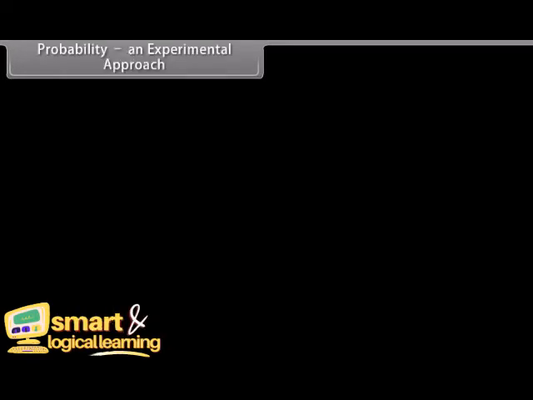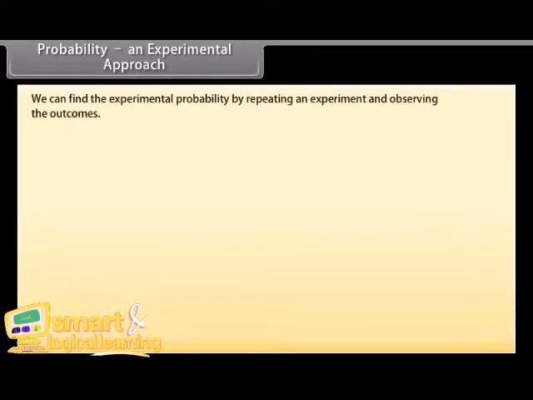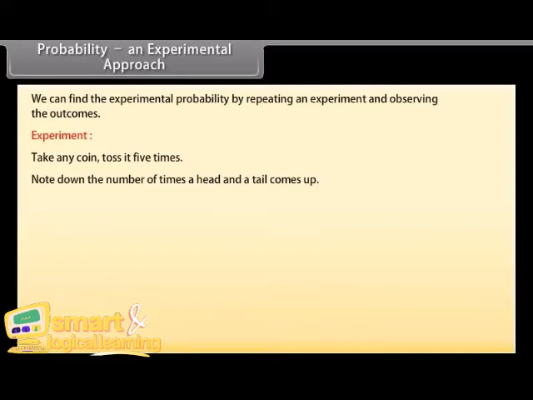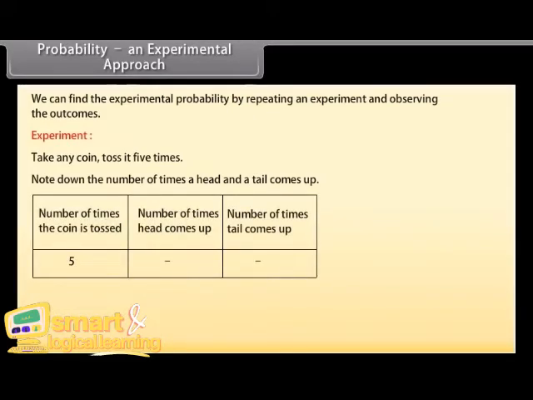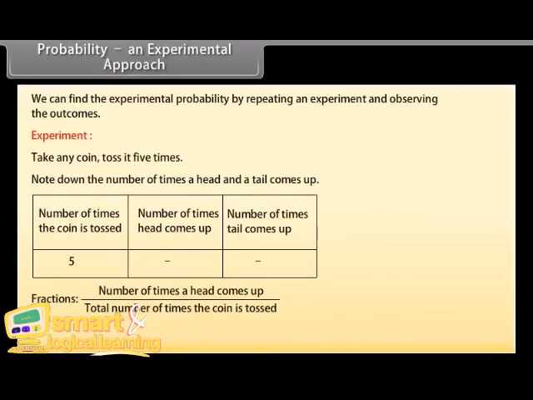Probability, an experimental approach. We can find the experimental probability by repeating an experiment and observing the outcomes. Let's do an experiment. Take any coin, toss it 5 times. Note down the number of times a head and a tail come up, and fill the given table. Then write the fractions. First one is number of times a head comes up upon total number of times the